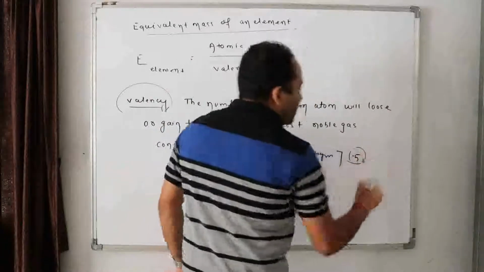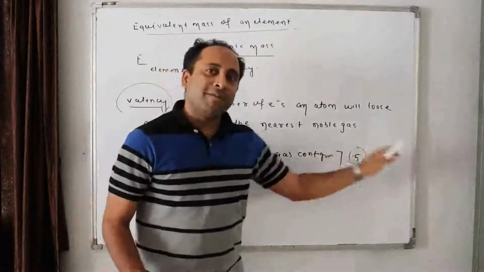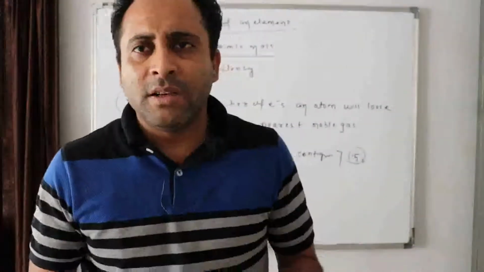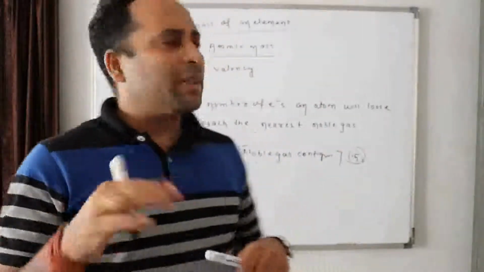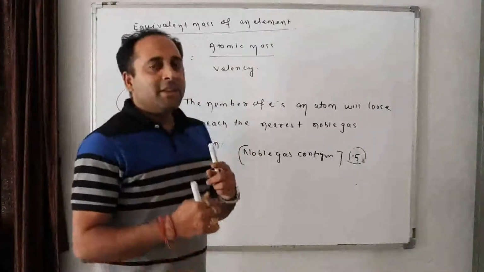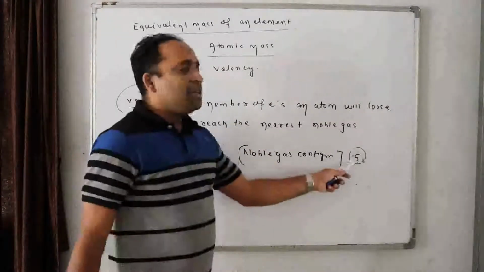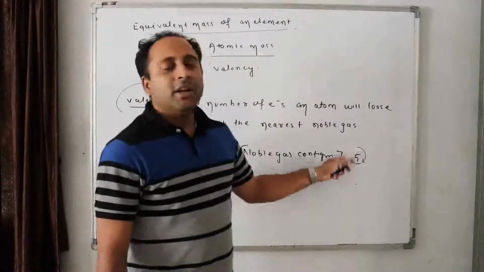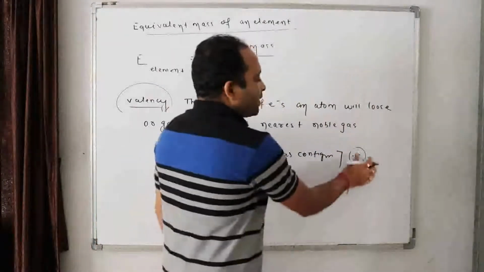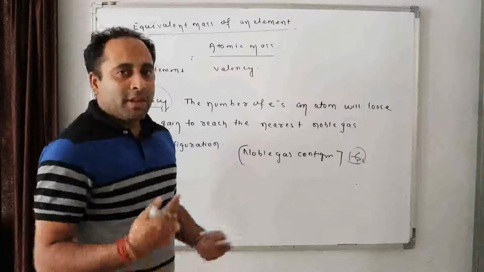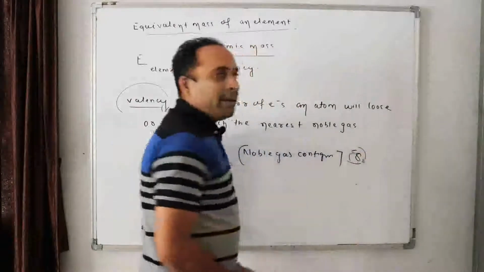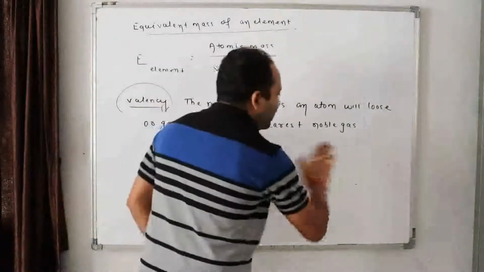Now, if it is 5, it is easy to take 3 electrons rather than to give 5 electrons. Everyone wants stability by low exchange of energy. More exchange of energy will bring more deformities. It will try to have minimum energy by minimum transactions. So it is easy for this element to get 3 electrons rather than giving 5 electrons. So its valency will be 3. If it is 6, it will take 2 electrons, valency 2. If it is 7, valency 1. If it is 8, it is a zero valent element. Clear?